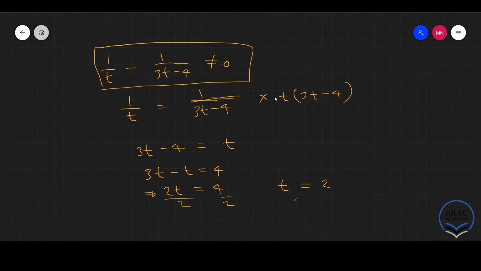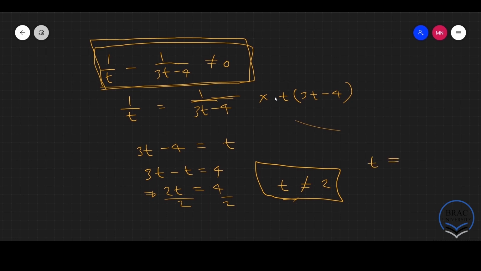So t is equal to 2 when this is equal to 0, right? So we cannot have this. We have to exclude t is equal to 2, and from the previous notes we showed that t cannot also be equal to 0 or 4 by 3. So we have to exclude all of these values of t